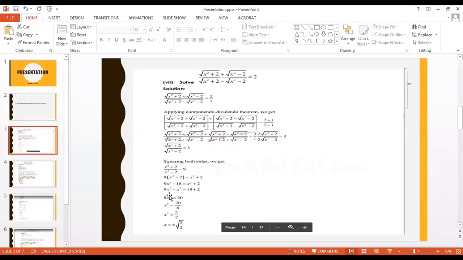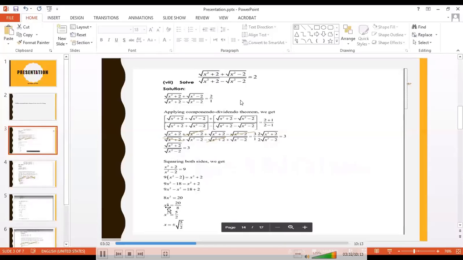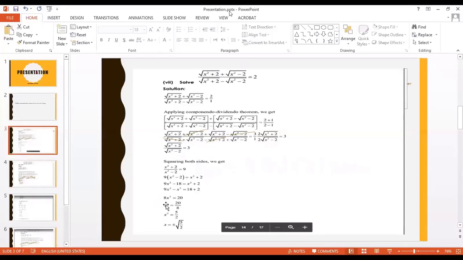So 9, by subtracting it from 9x square, 8x square will come, and at the same time we will shift minus 18 to the other side of the equal sign. So 18 plus 2 will come 20. Then afterwards, this 8 is multiplying with x, so we will shift it to another side of the